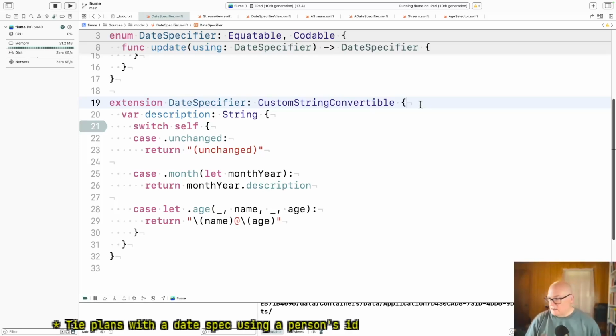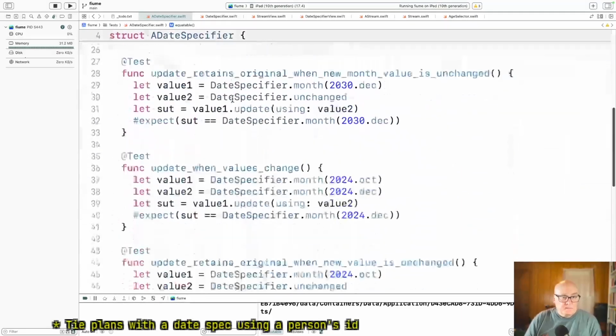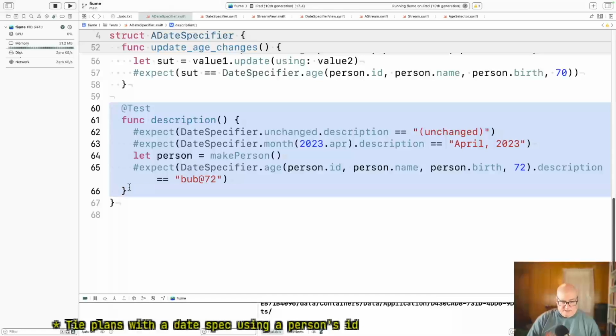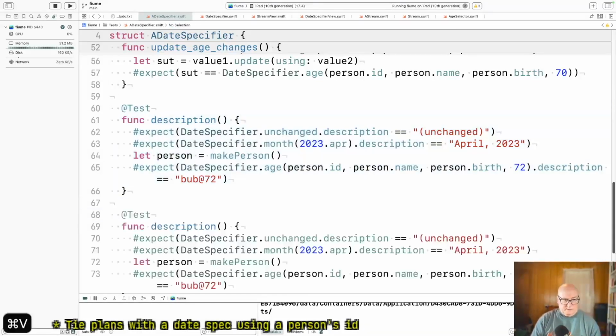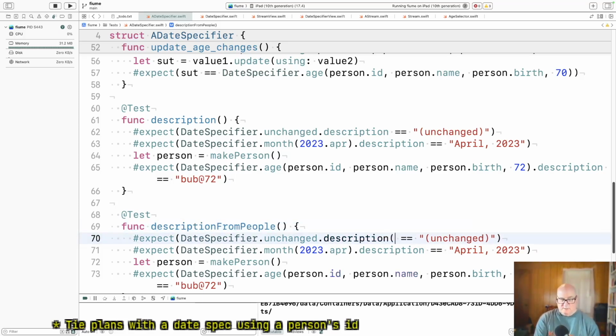Right. Okay, so let's make this tested. A date specifier. I think we have description down here. Okay, so I'm going to leave that one here for now, but we'll get rid of it in the medium term. Description from people. Okay, and then I'm going to assume a people in each of these.